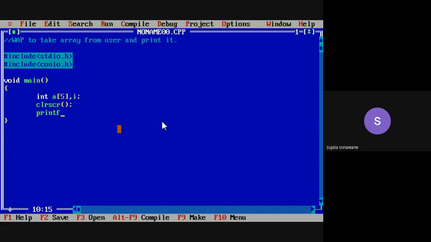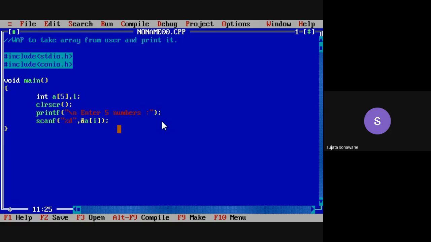Now we will first write, this is a message for the user. So therefore we will write it with printf function. So we will write "enter 5 numbers". Okay, so this is a message for user. Then we will write a scanf. Within this we have to take the integer values. So therefore we write %d and we will store this value. Where we will store this value? We will store this value at a[i].